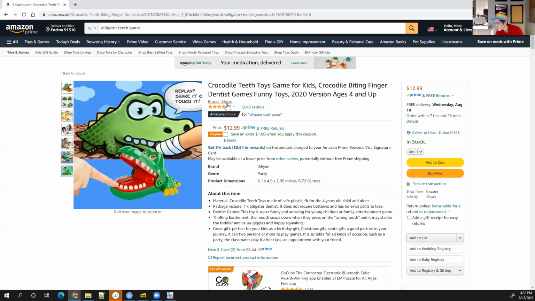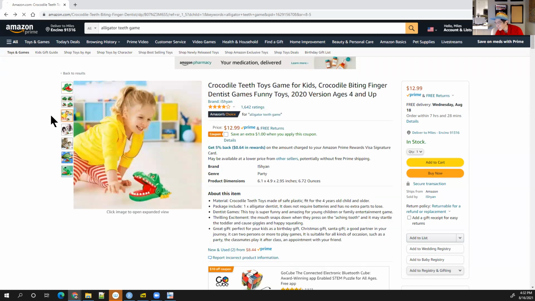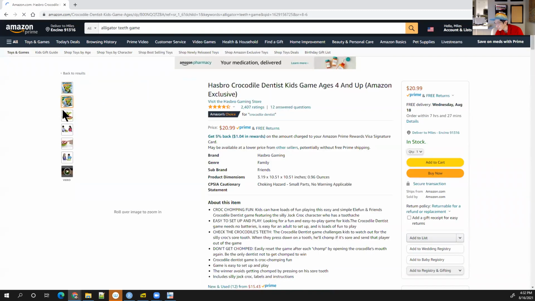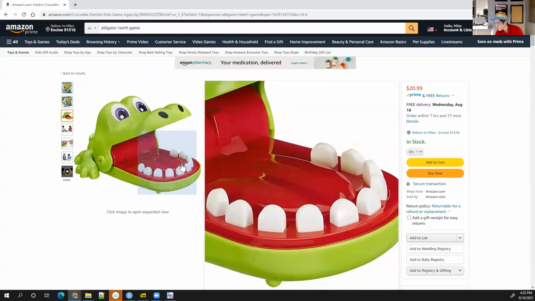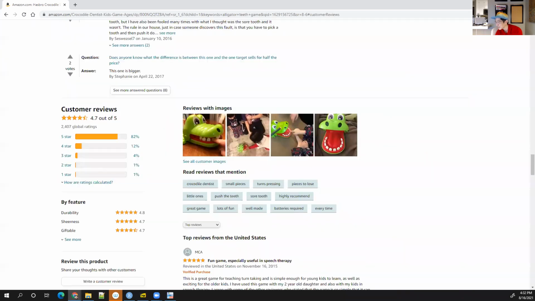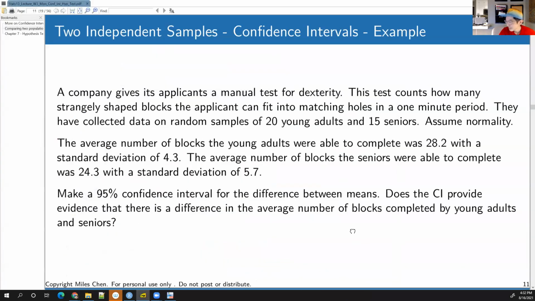This is not the real one. That's the Hasbro Crocodile Dentist. Okay, so this is the original. 21 bucks, that's more than I remember. Look at all these ratings here. Okay, well, they're having fun. All right. Anyway,